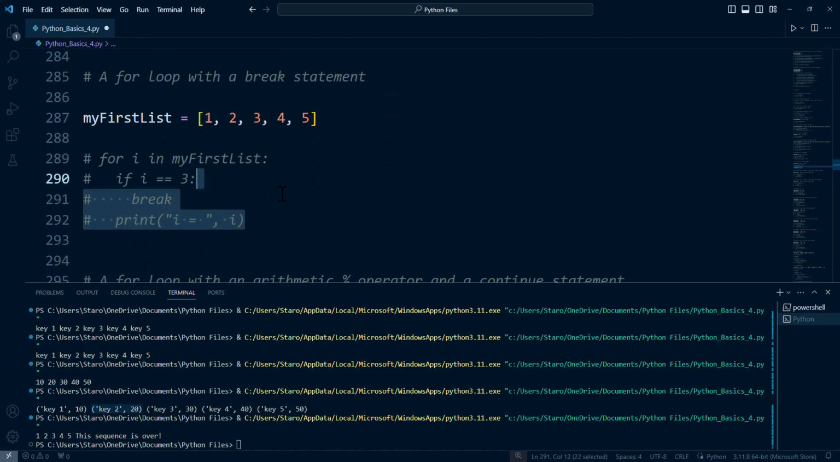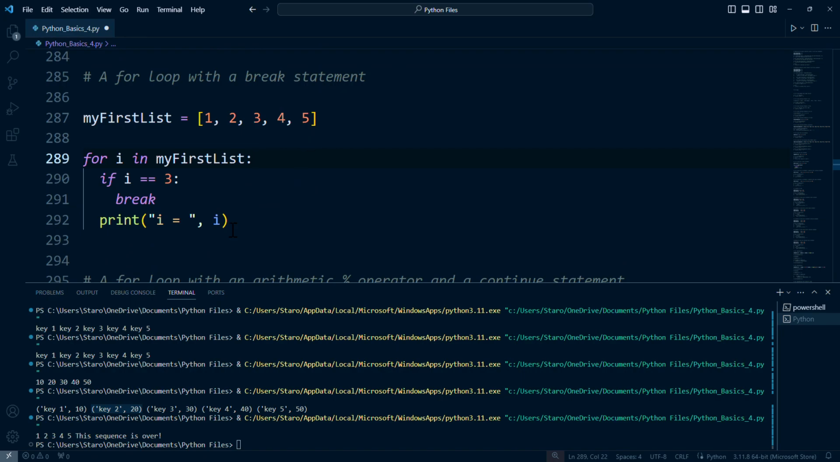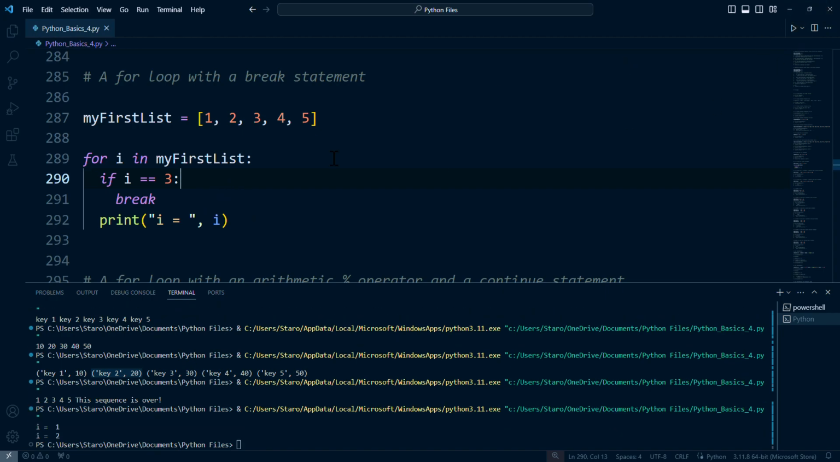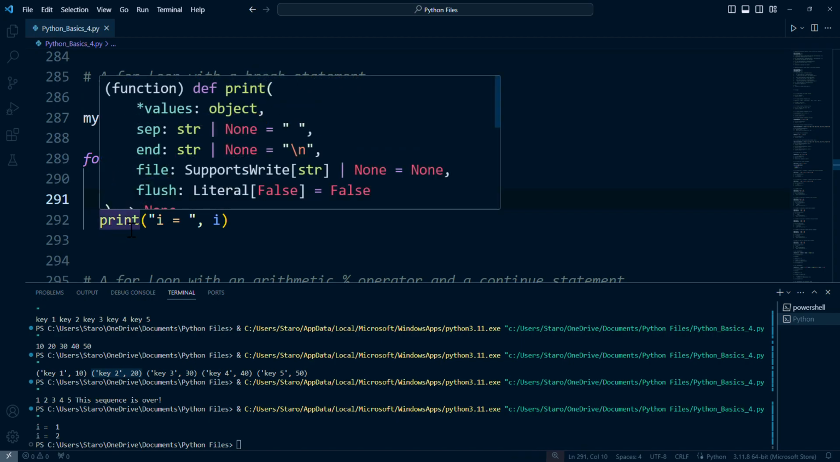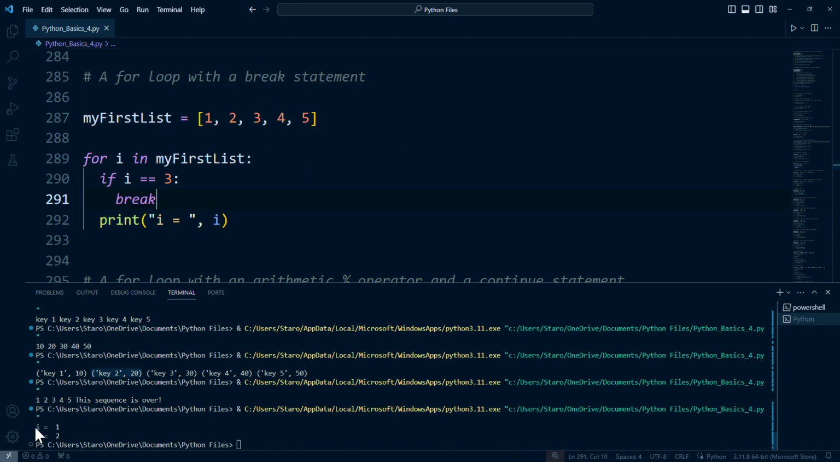Now we also have the break statement, and what this means is that basically it'll break out of the for loop and it will stop iterating immediately once a condition is met. So here you can see for i in first list, so first it goes 1. If i is 1, which is not, then it does not do this break function, which means it'll print i is equal to i. So here you have i is equal to 1, and then i